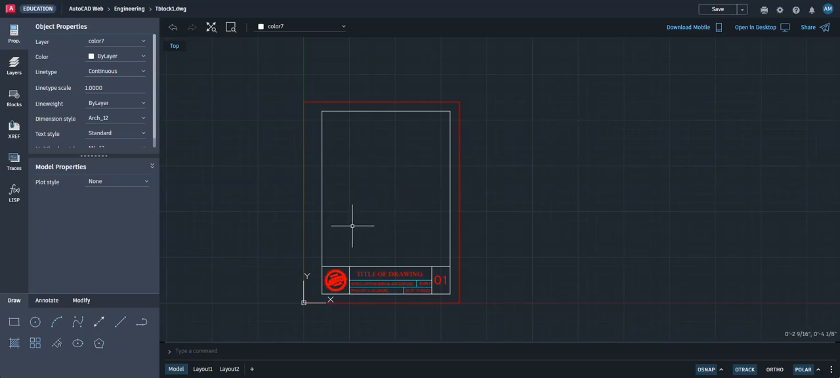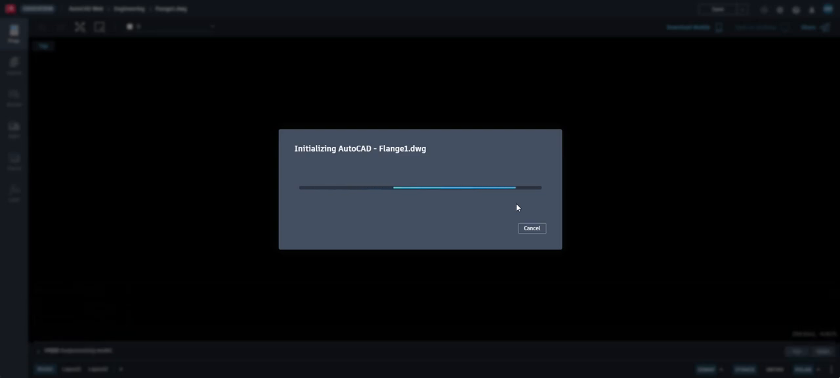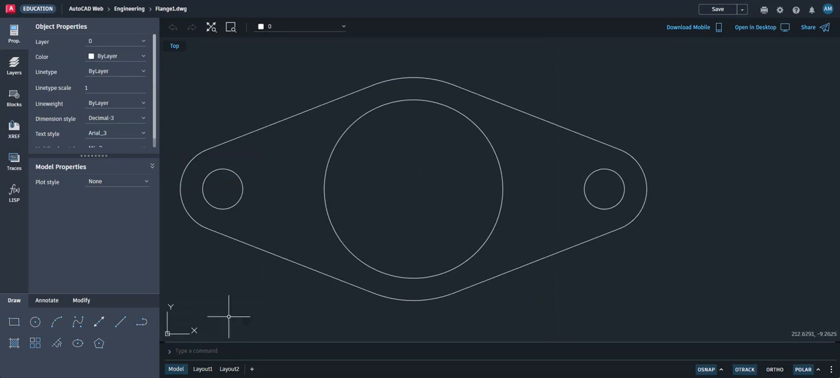Let's now see the preview of this title block. So make sure you first save your title block and go to your engineering drawing and open up one of your drawings. I have this flange drawing over here. And just to see the effect of this title block, we're going to put this title block on the layout. So we're going to switch to layout